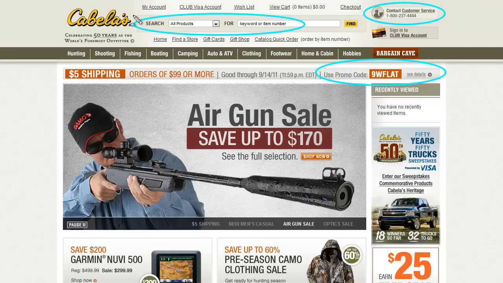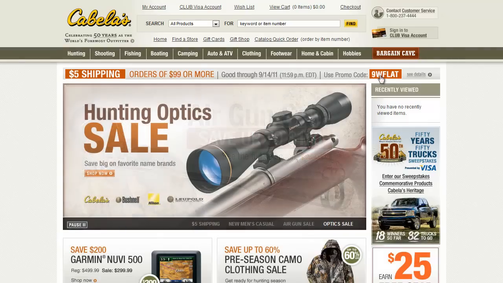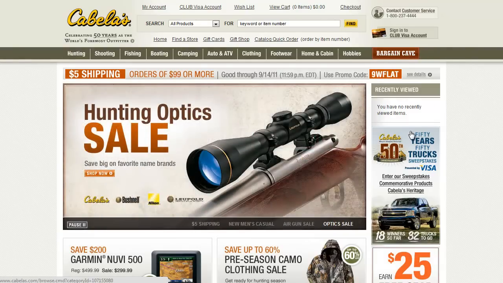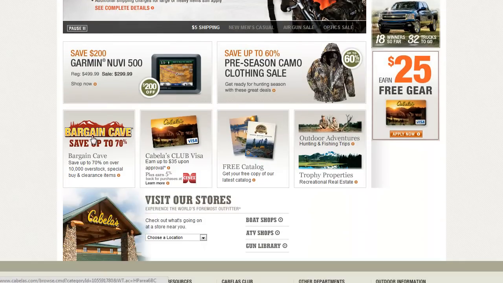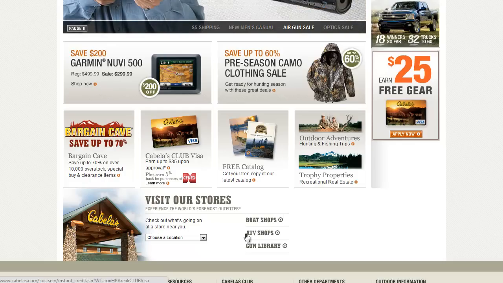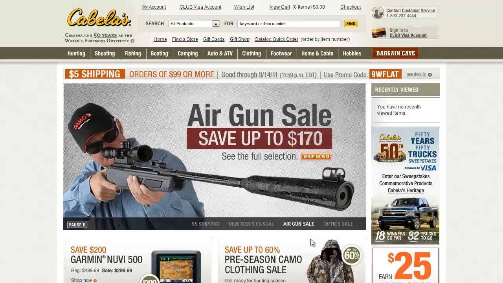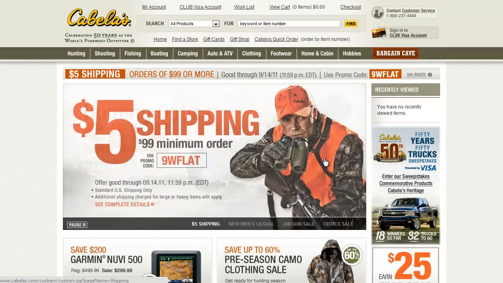Yeah, I want to talk about one more thing. If you look how they utilize certain colors with their call to actions, they don't overdo the reds and the oranges. They use it just to highlight the areas that they want your eyes to draw into. So you can see the free shipping is orange. The $25 earned free gear is orange. You see all their little links are orange so that you can click. So they use it sparingly, and that's exactly how you want to do it. You want to use your call to action colors the right way so that you can drive traffic, funnel it down, shorten the conversion funnel so that you can actually get some sales.